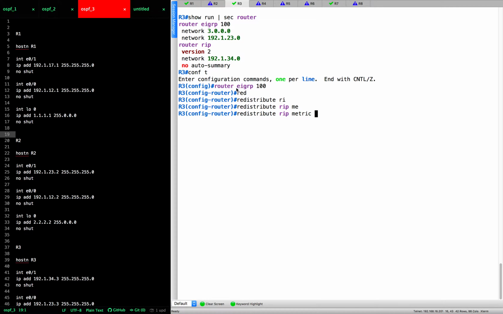Now the metric is important. Whenever you are redistributing anything into EIGRP, you need to define the metric of the routes, right? Because in EIGRP we use 5 metrics: the bandwidth, the delay, MTU, and a bunch of things are there, right? So those are the 5 different metrics. You need to define some value for these metrics. So I'm just going to define 1. Doesn't matter because that's the only way to reach them. So these metrics will not play any prominent role, but you still need to define them. Great. So I have defined it. So I have redistributed RIP inside my EIGRP,